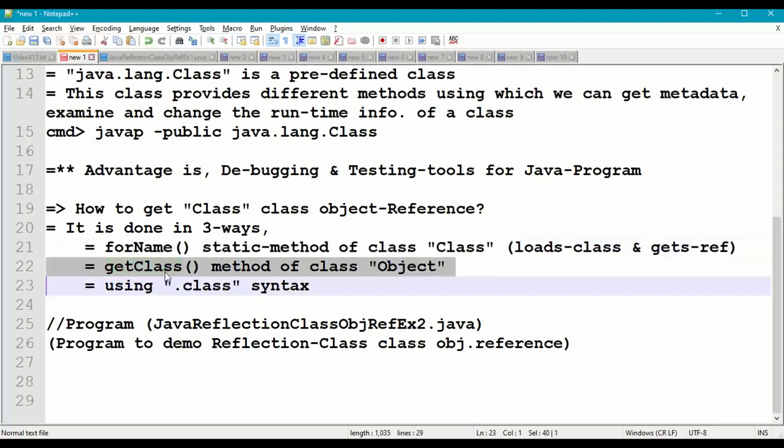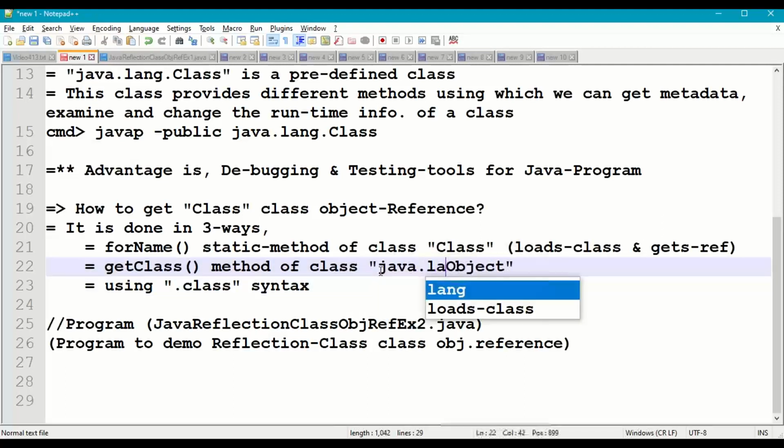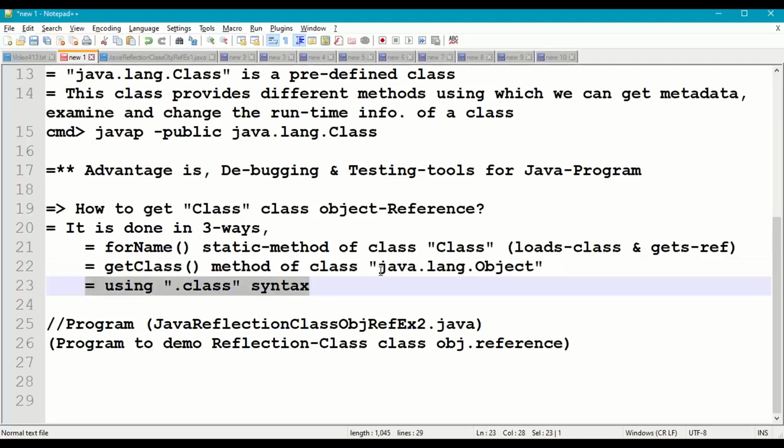And the getClass method, which is available in the Object class of the java.lang package. So in this class also we have the getClass method using which we can get the object reference of Class. And we can also get the object reference of Class using the ClassName.class syntax. Right.